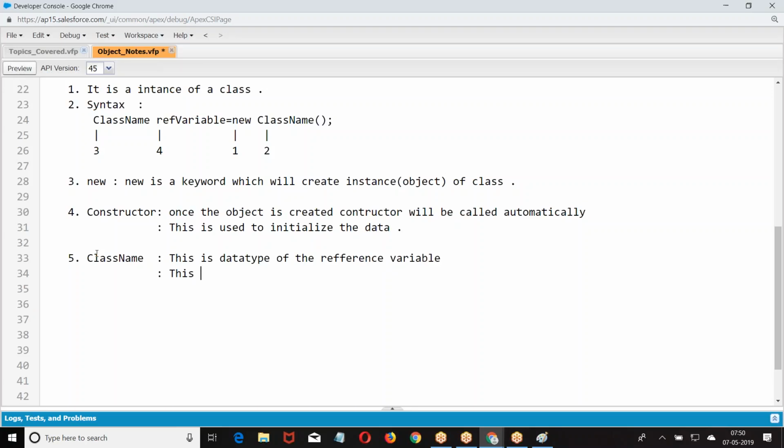This should be exactly the same class. We are creating a reference variable.